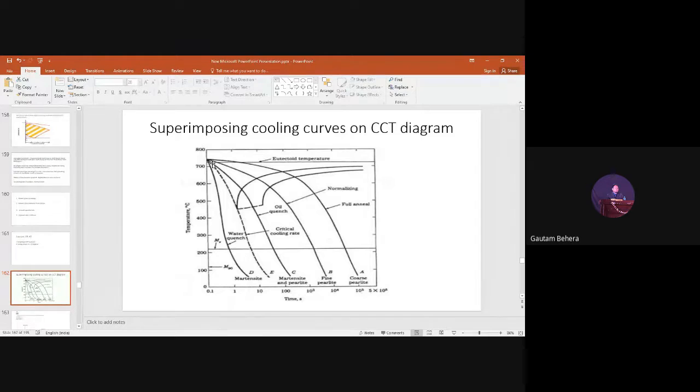So always you have to remember this is the critical cooling rate. Whenever we are doing hardening, during quenching, the rate of cooling should be just above the critical cooling rate. That is better actually. If the cooling rate is so high, then quench cracks may take place, or a lot of residual stresses will be there in the steel, which is detrimental actually.